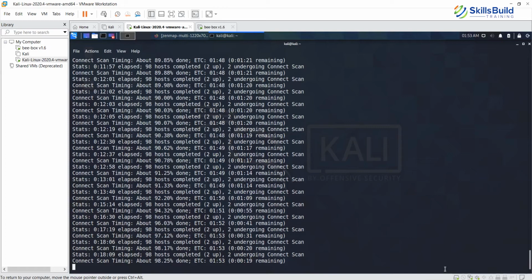figure out why FTP should be left open, why should it not be left open, why should SSH be left open and not closed. And if Telnet and SSH are both running, then why should I close Telnet but not SSH? So you will have to do that kind of analysis based on the output that is there and figure out how to make the best use of the output that I have received. So that is where it will make a difference.